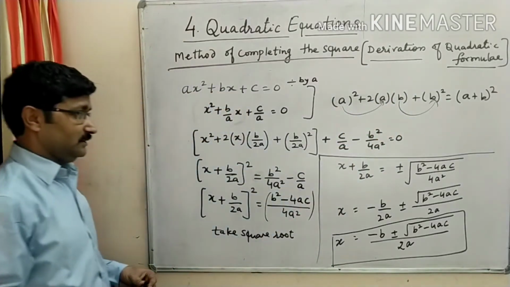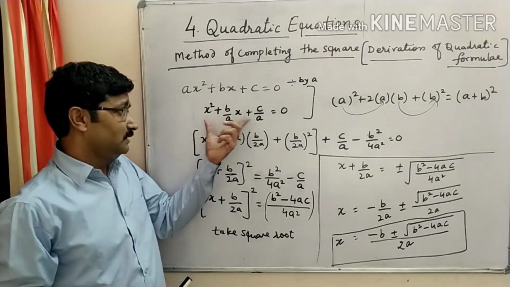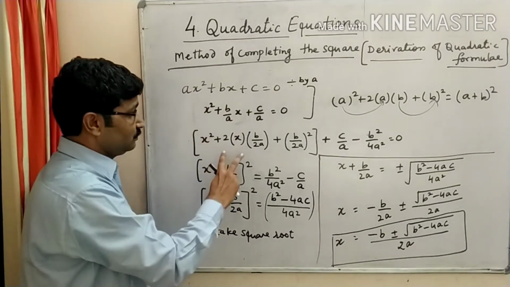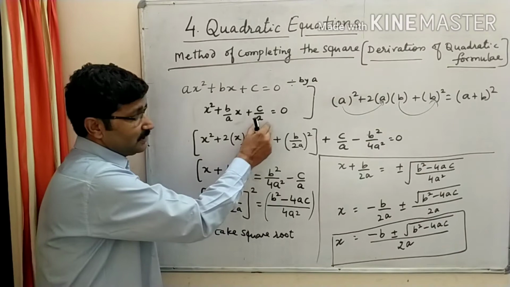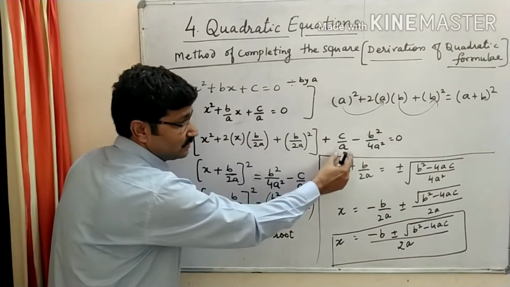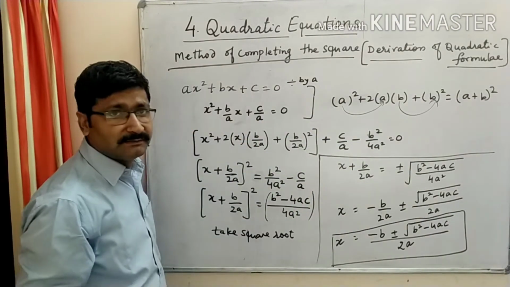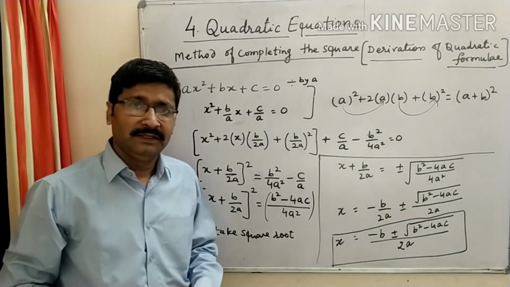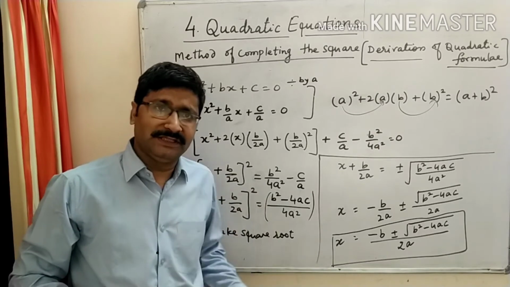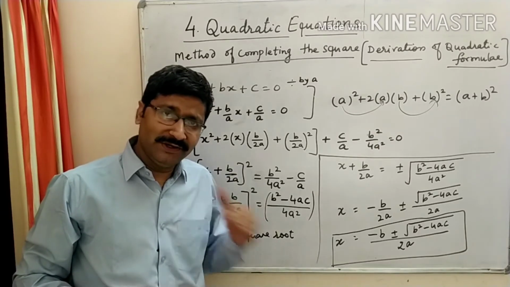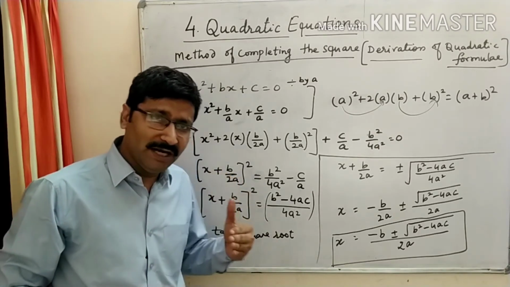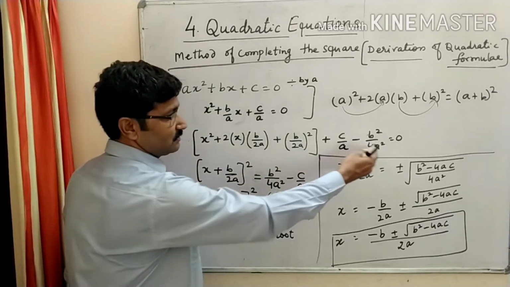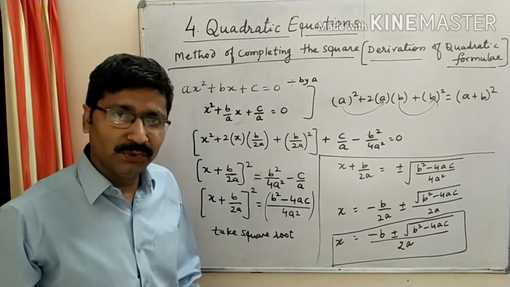So look here, in this equation you have only 3 parts. From the 3 parts you take 2 parts here as it is. This part, c by a, is extra, so you put it after the bracket as plus c by a, and this b by 2a whole square you add by yourself. It is not given in the question, so you have to subtract b by 2a whole square again for balancing the equation. So you subtract b square by 4a square.